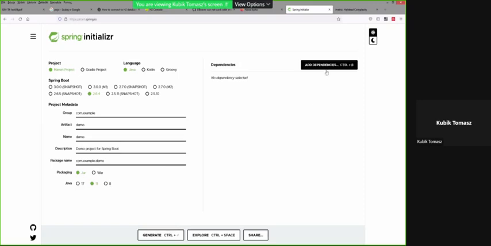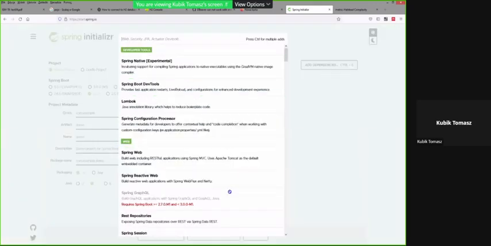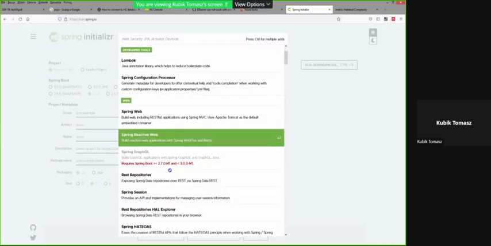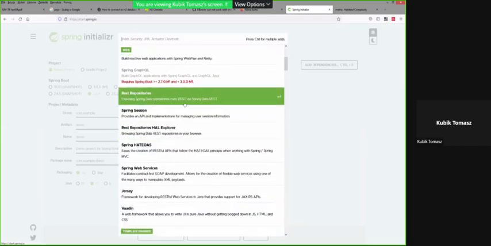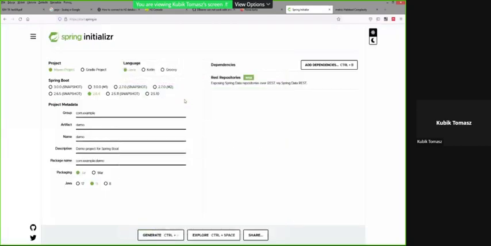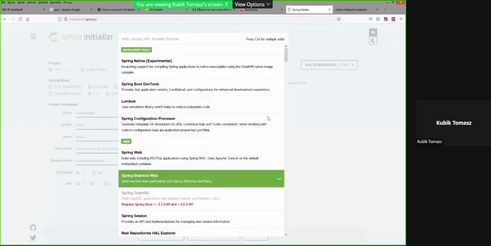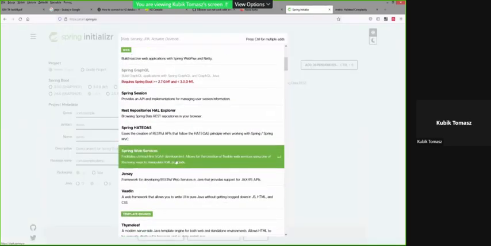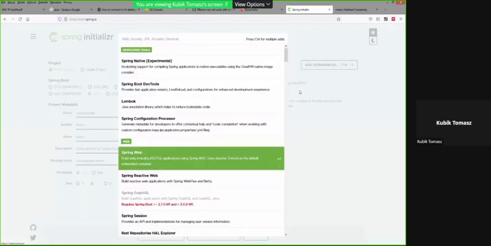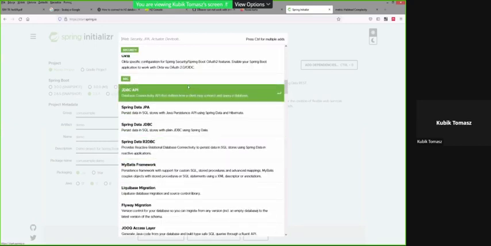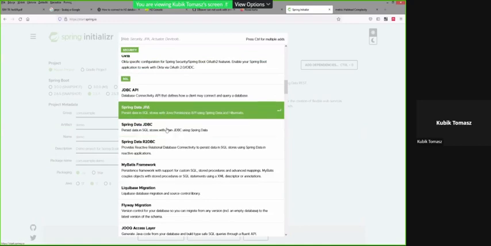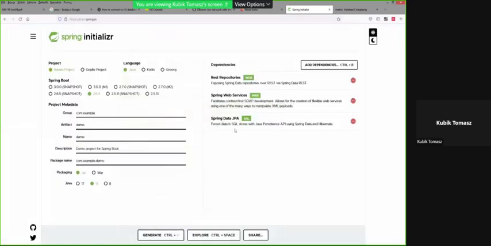I can also add dependencies. If I want to play with Spring Reactive Web, I can attach this. If I want to work with REST repositories, I can attach that dependency. If I want to work with Spring Web Services, I can add dependencies, and so on. All these dependencies you can see here are divided into groups, such as Spring Data JPA, and you can select them